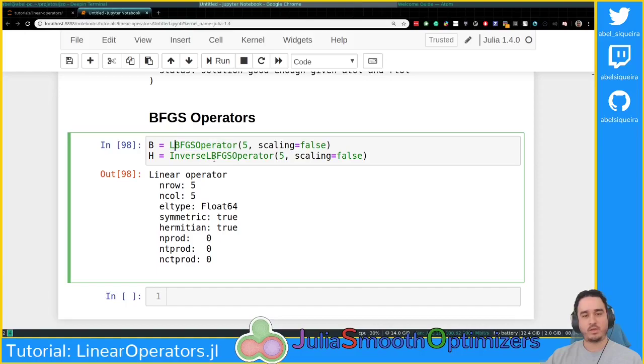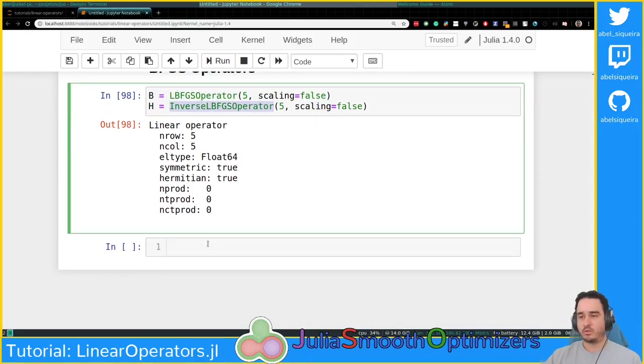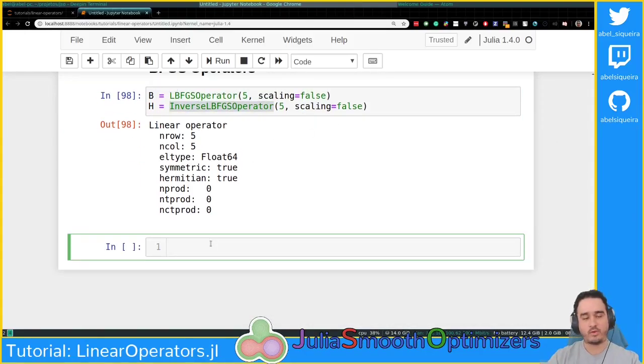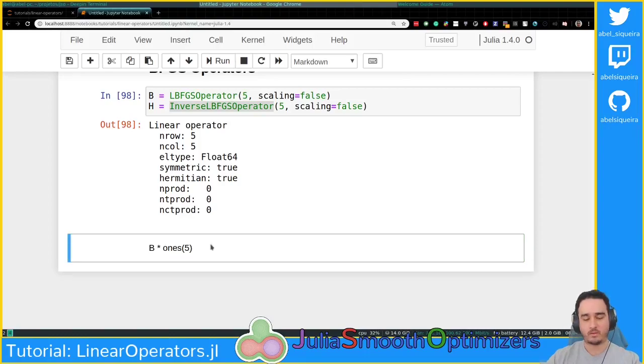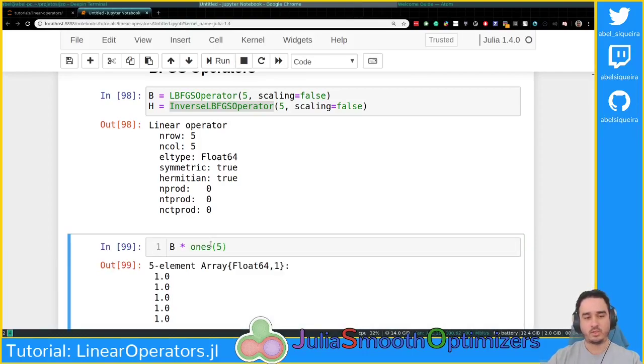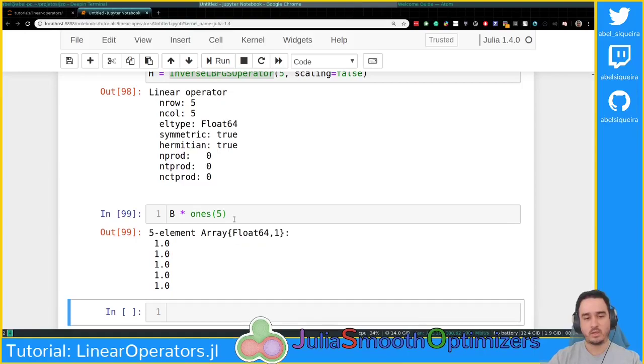L for limited, and inverse is the LBFGS approximation, or the limited BFGS approximation for the inverse of the Hessian. Okay, so this work, the starting BFGS is just the identity matrix. Oh, sorry. It's just the identity matrix, but you can